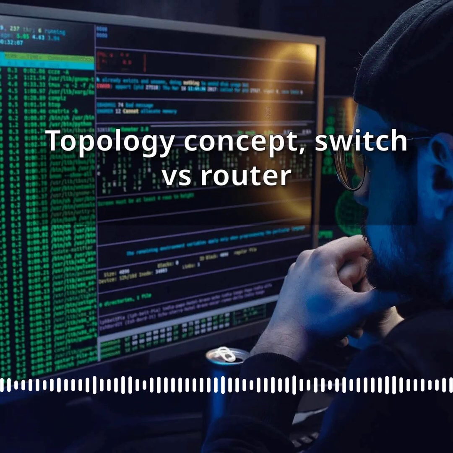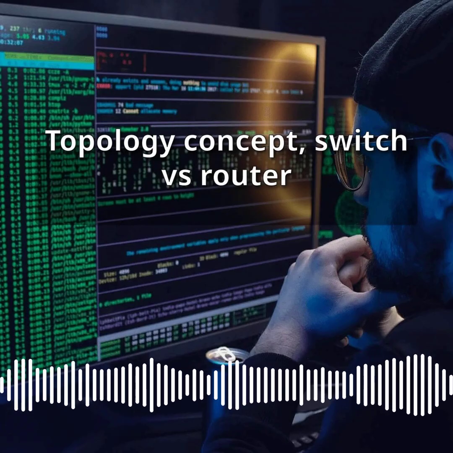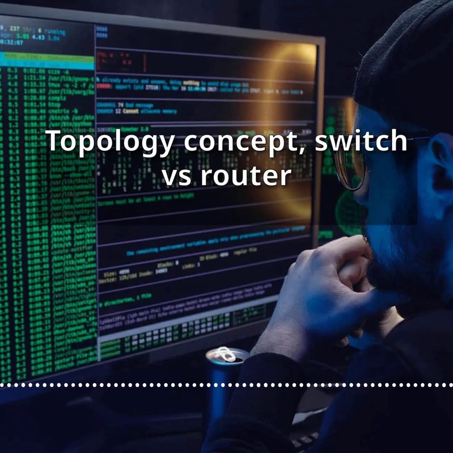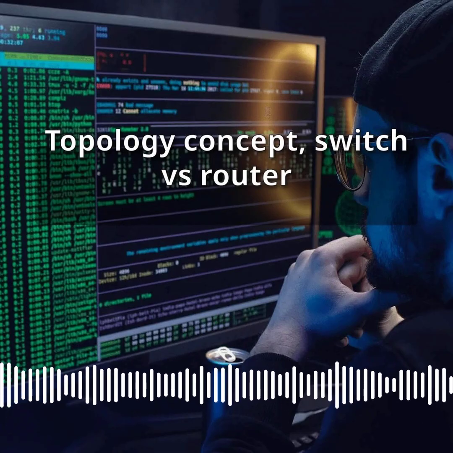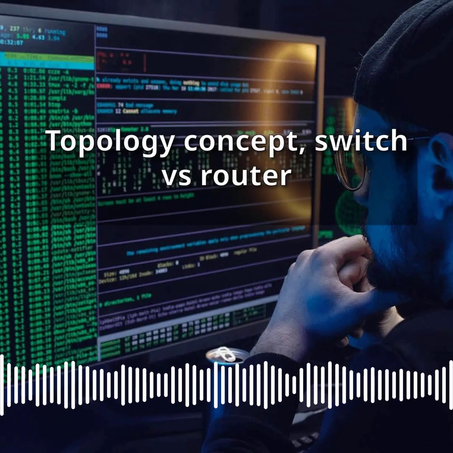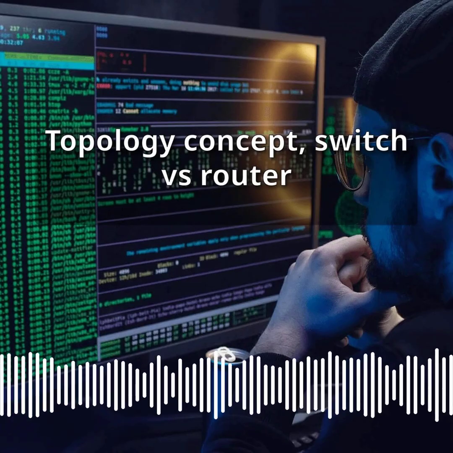Before diving into the differences between a switch and a router, it is essential to understand what a network topology is and why it matters for anyone working in cybersecurity or DevSecOps. A network topology describes the physical or logical arrangement of the devices and links that make up a network. In other words, it answers the question, how are the machines connected to each other, and how does data flow